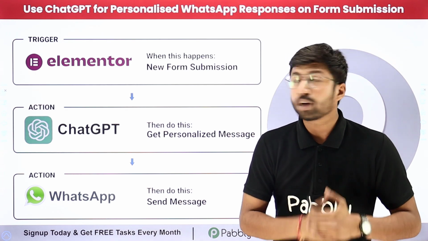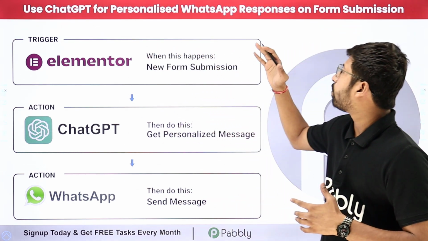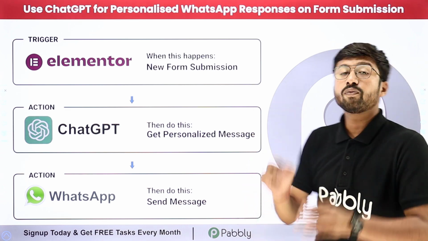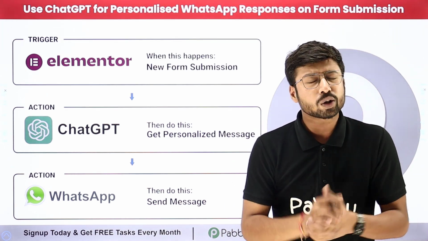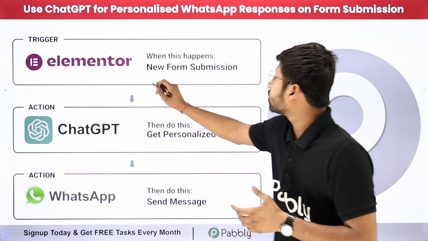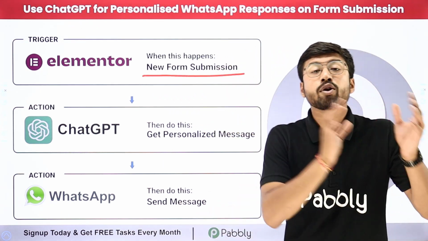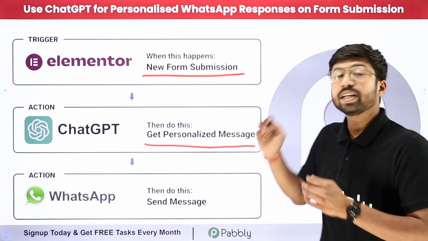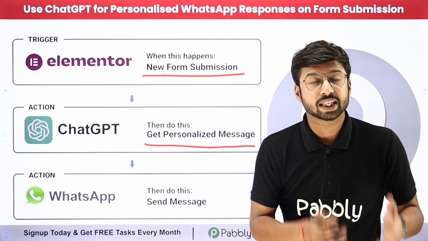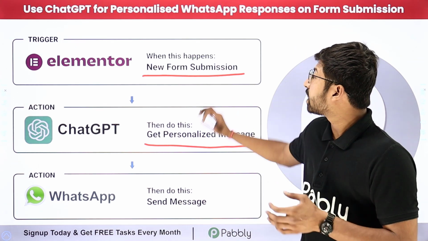So in this video, we are going to learn how to use ChatGPT for personalized WhatsApp responses on form submission. Now this is going to be an interesting automation. In this automation, we are going to receive a new form submission in Elementor and we are going to send the same form responses to ChatGPT. And using ChatGPT, we are going to create a personalized text, a personalized message for the same response which we